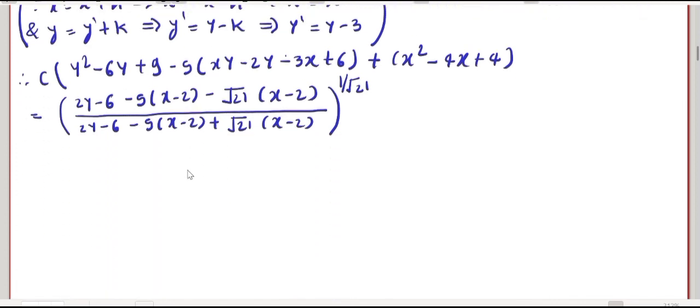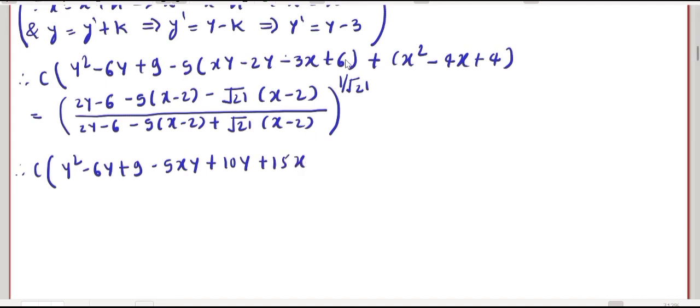So therefore we get c into y square minus 6y plus 9 minus 5xy. Now multiply minus 5 to the bracket, we get plus 10y plus 15x minus 30, plus x square minus 4x plus 4,